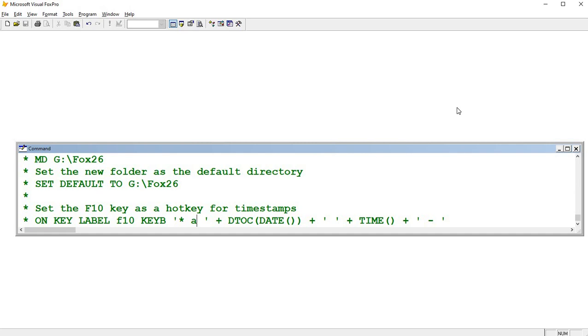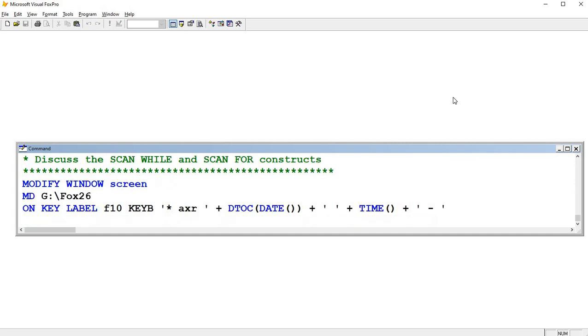Your initials are AR? Yes. Okay, for security we would normally make that AXR if there's no middle name given. Then, did you notice what happened when I took out the asterisk? I'll do that one more time. It will uncomment that line. Right, it changes from a comment to a command. And so now I'm going to do that. So we've issued that command. Now if I press the F10 key,